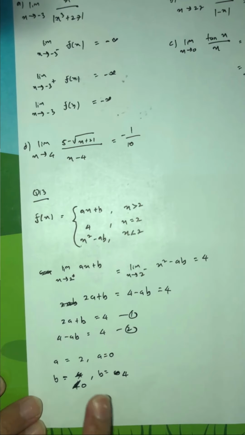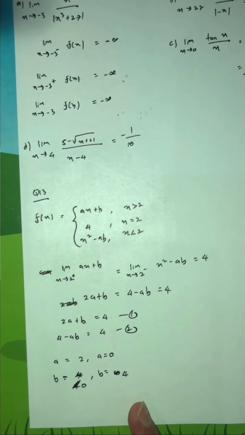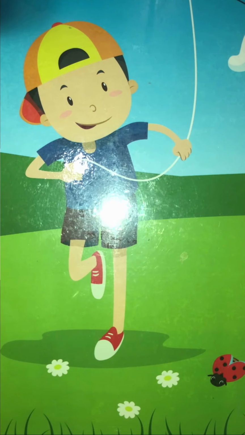So there are 2 points, which are (2, 0) and (0, 4), where f(x) can be continuous. Okay, let us proceed